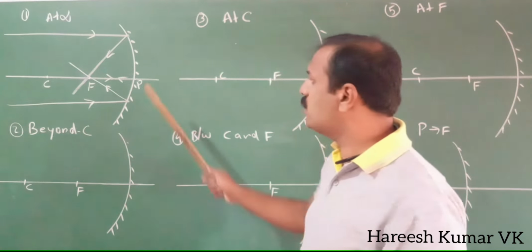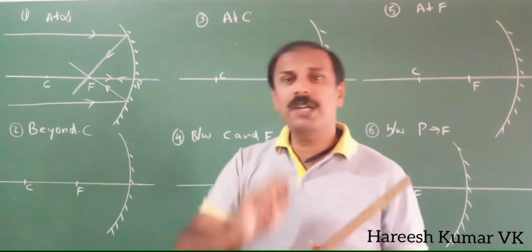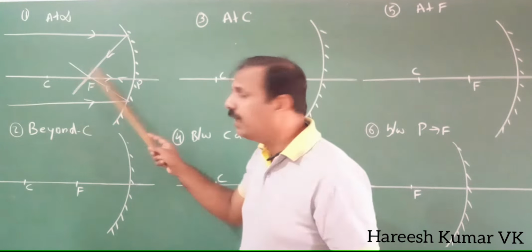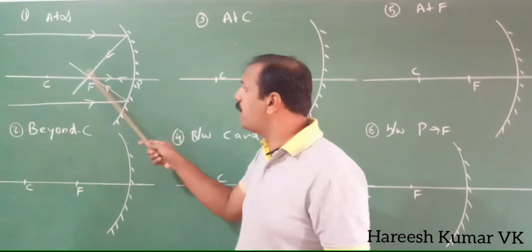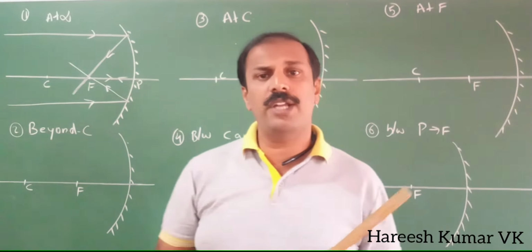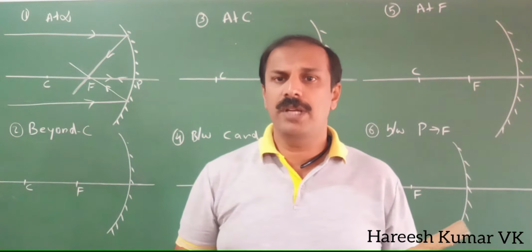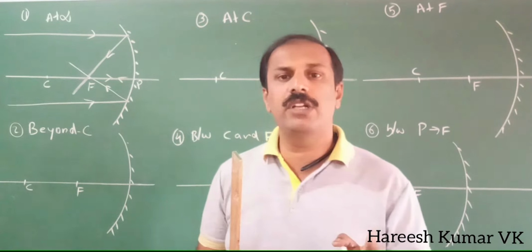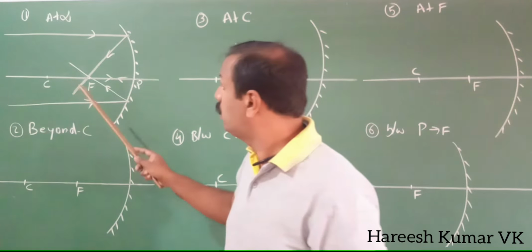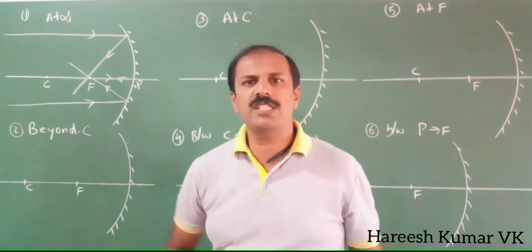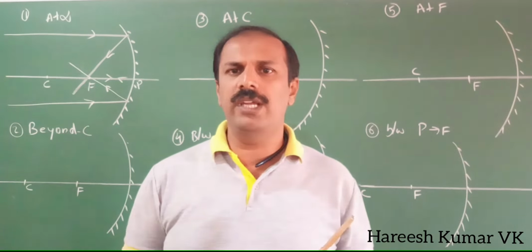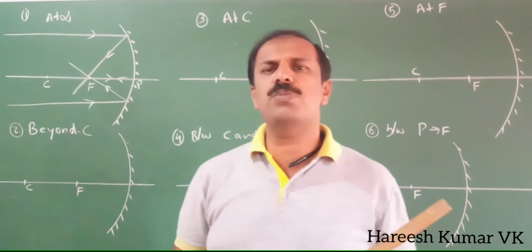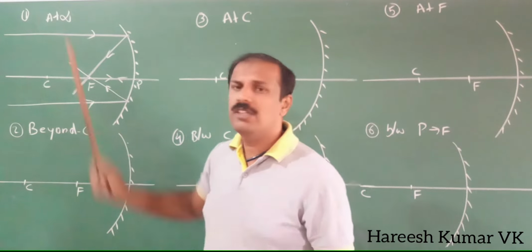One more thing you can see, this image will be an inverted image. When you practically check, you can see the image will be inverted, and you can see the actual rays are coming here. You can get it on the screen also, so that will be a real image. So the image is a real inverted image. In most cases, a real image will be inverted only. The size will be highly diminished, a very small image compared with the size of the object.